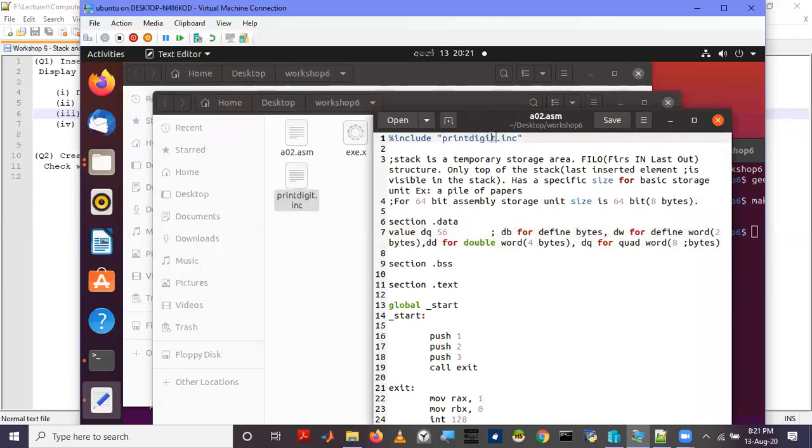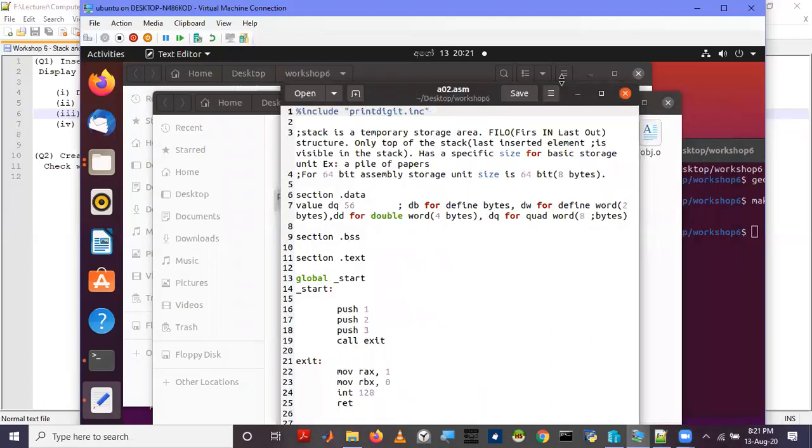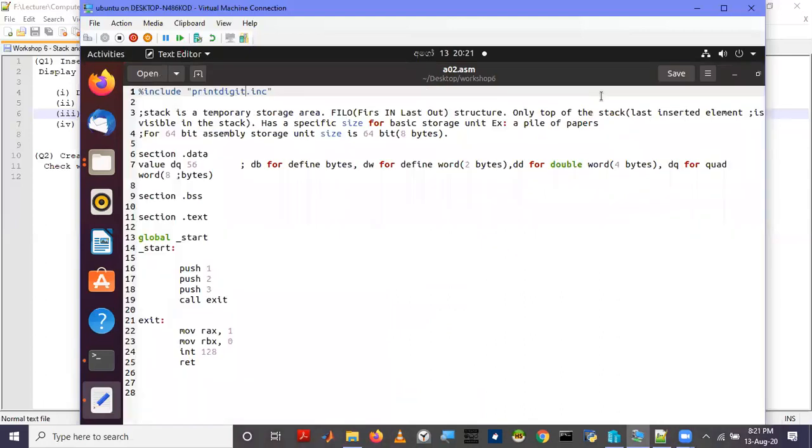Last week we were discussing the ASCII table. In ASCII, we cannot directly print a given number. We need to convert it into the ASCII code.